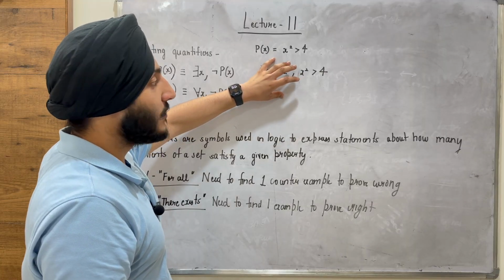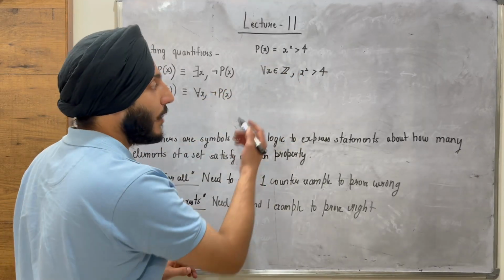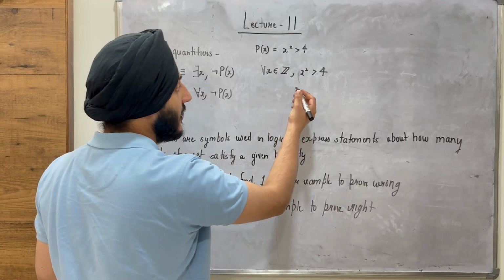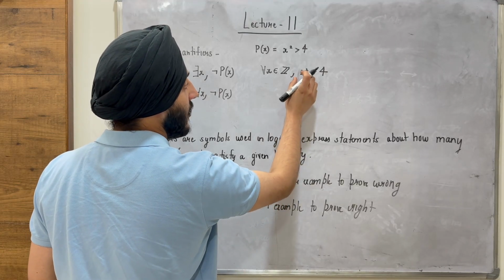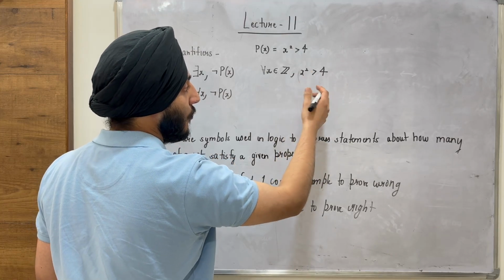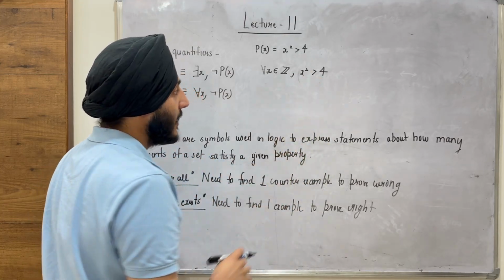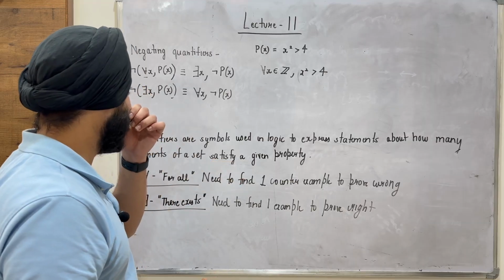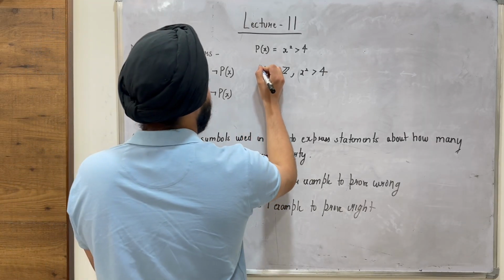How do I prove that this is actually not true? I find a counter example for it. So in this case, the example would be 0. So input 0, 0 square is actually less than 4. So this is going to be false. But that's not the point that we need to understand over here. When I negate this sentence,